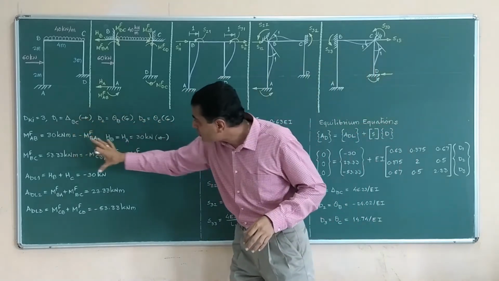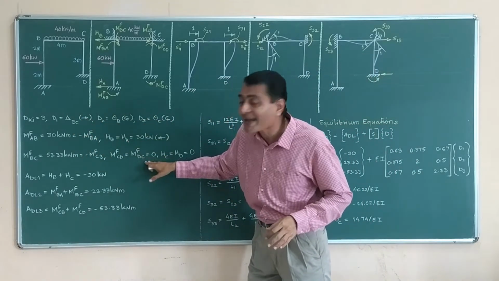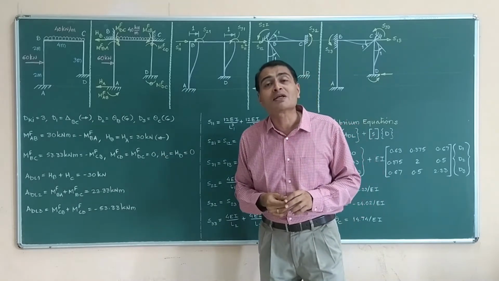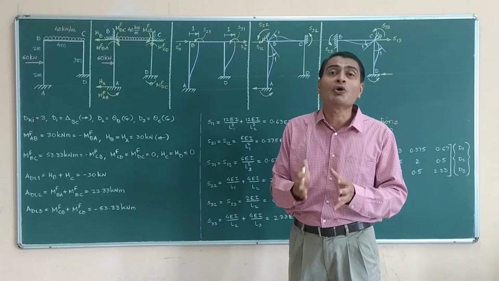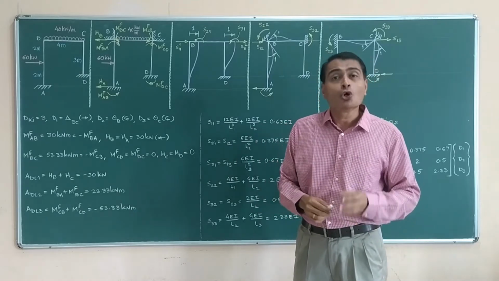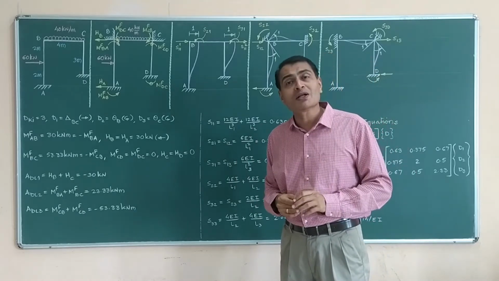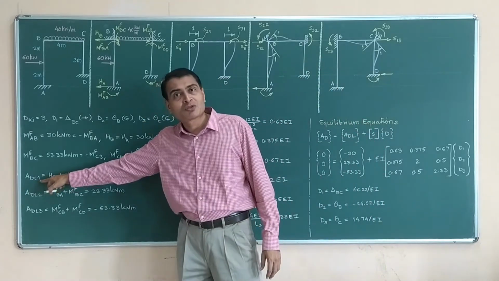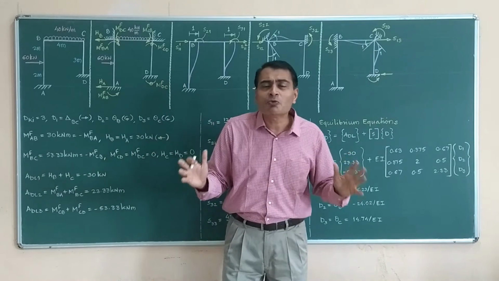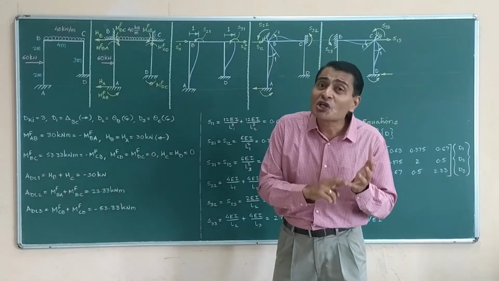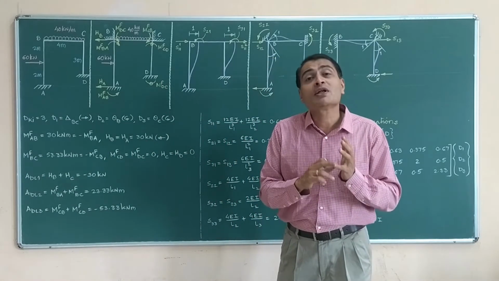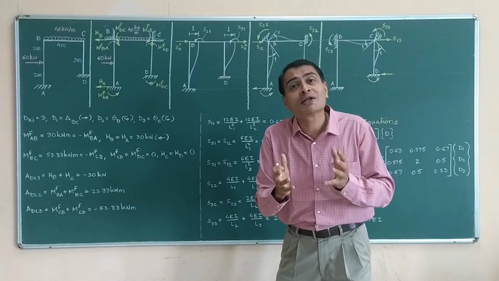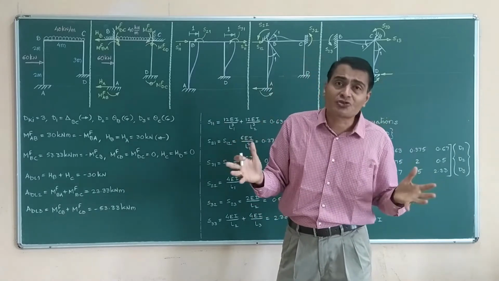Once you have all the fixed end moments and all the reactions in place, now comes a very crucial part, that is writing ADL1, 2 and 3. Do please pay attention so you will understand this perfectly. ADL1. What is the meaning of ADL1? It is action corresponding to D1. ADL1 means action corresponding to D1 due to loads.